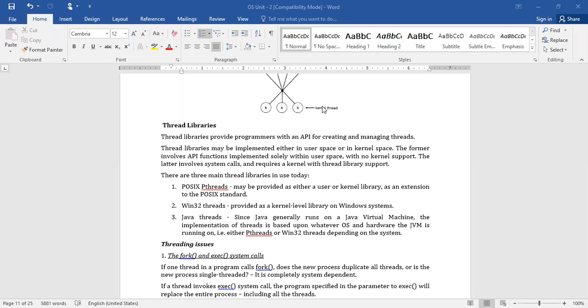Whereas Win32 threads are all kernel level libraries. In our Windows system, we have Win32 threads, because the majority of people are using Windows as an operating system. And coming to Java threads, if you are a Java programmer, your Java program is running on the JVM, the Java Virtual Machine.